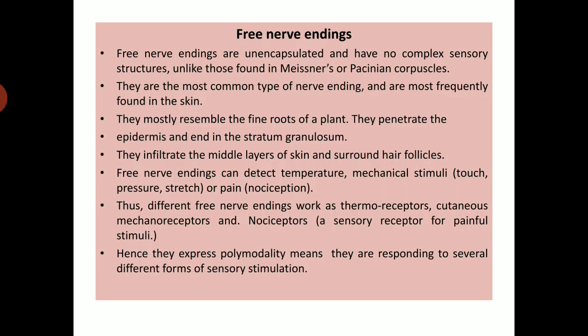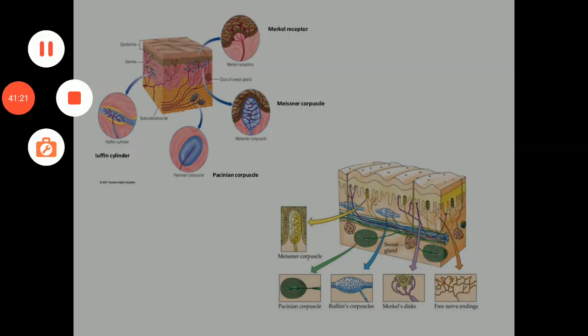Thus, different free nerve endings work as thermoreceptors, cutaneous mechanoreceptors, and nociceptors, a sensory receptor for painful stimuli. Hence, they respond polymodally, meaning they respond to several different forms of sensory stimuli. Okay, with this